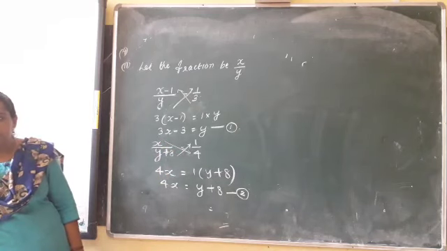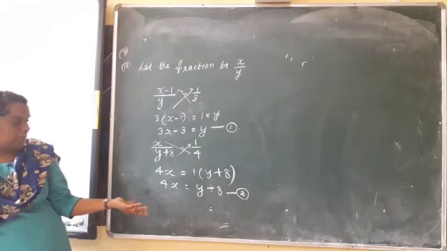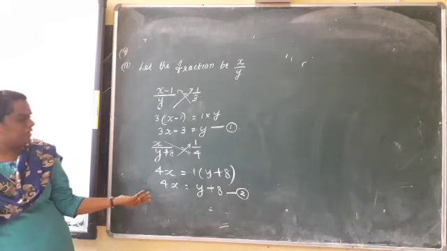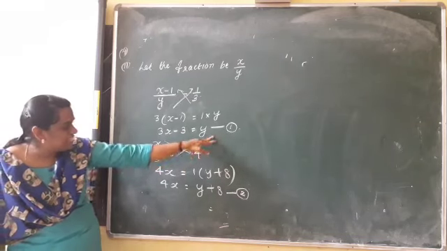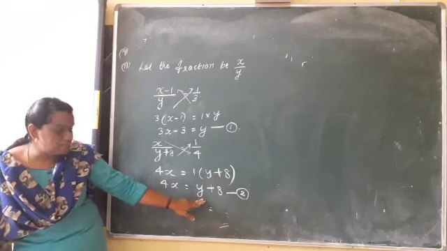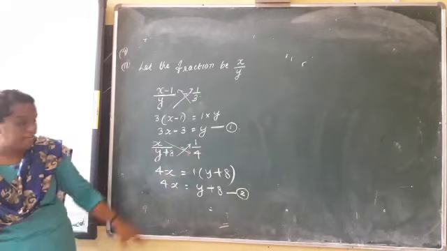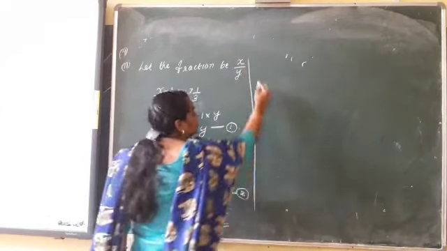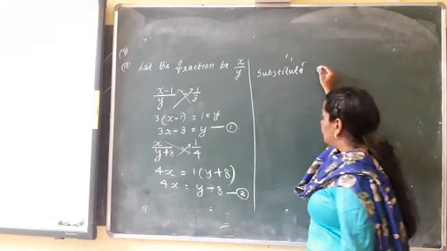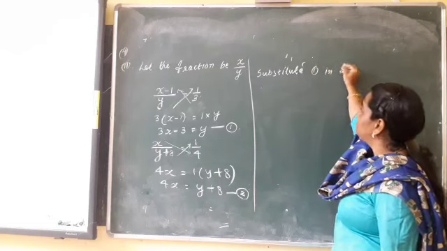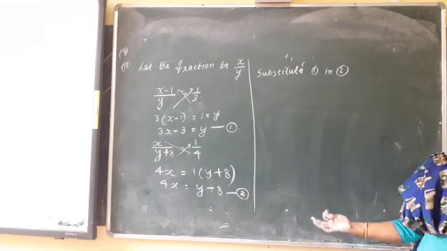See the equations, first equation, second equation. Which method is convenient? You can apply any method. If you are doing the elimination method, I don't have any problem. Or why can't we do the substitution method? y is equal to 3x minus 3. Let us substitute that in the second equation. Instead of y, we write 3x minus 3. Substitute equation number 1 in equation number 2. Here I am doing the substitution method. With the elimination method also, we will get the answer very easily.